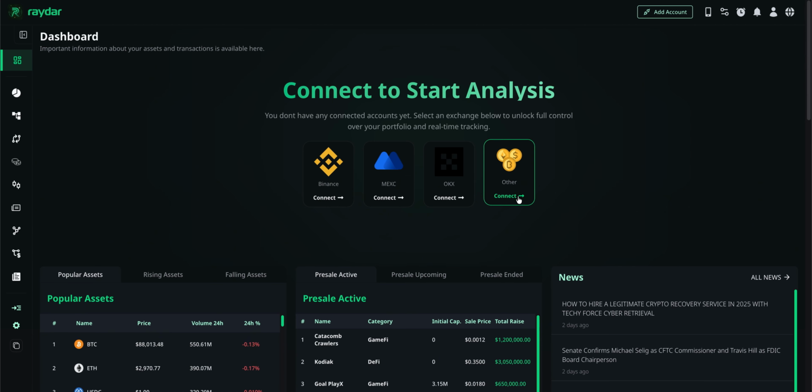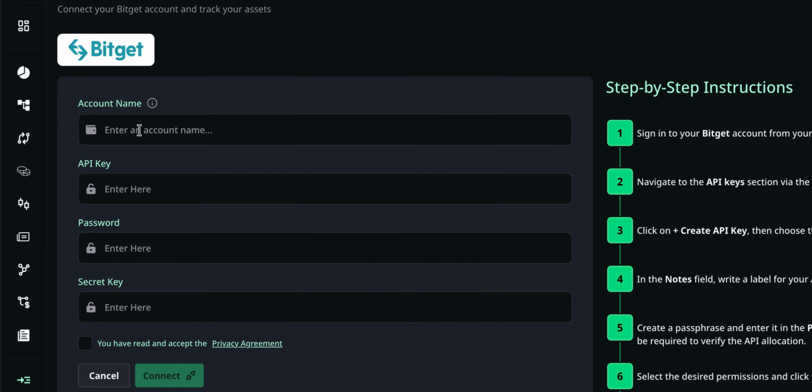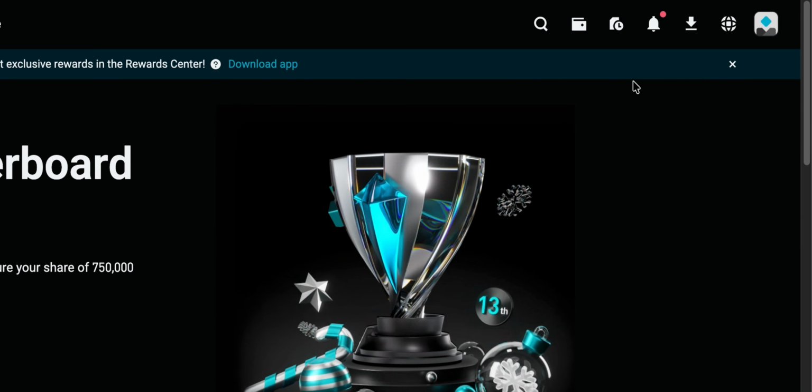Welcome to Raydar. Click Connect and select Bitget from the list. Name your account, for example, Bitget account. Now switch to Bitget. Hover over the profile icon